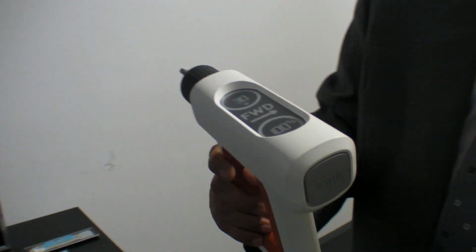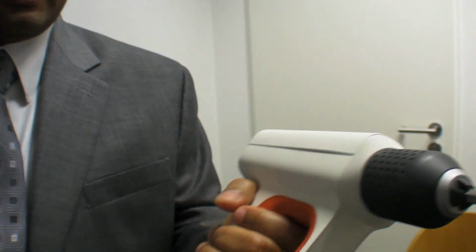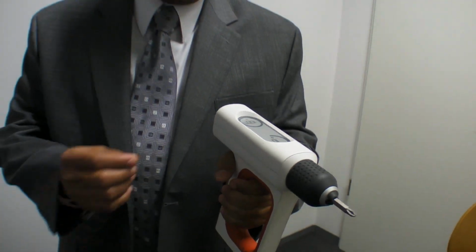So we are looking at other concept type of devices where we can use this display. One of the examples is today in a hand drill, a power drill, you have no idea how much battery is left when you pick it up. And you can tell when it's fully charged or when it's discharged based on the little red LED, whether it's green or red. And even if it's green, you don't know whether you have 10% charge or 80% charge. So we can put an e-ink